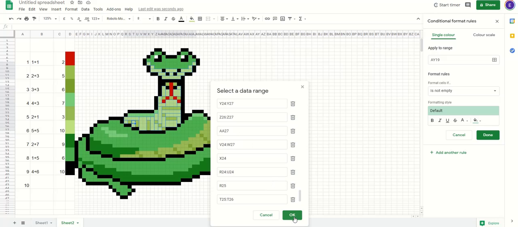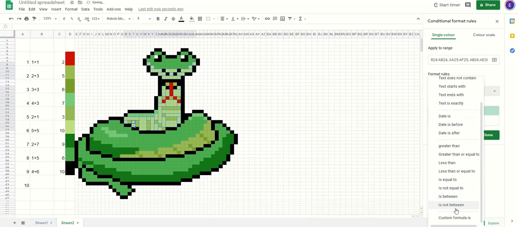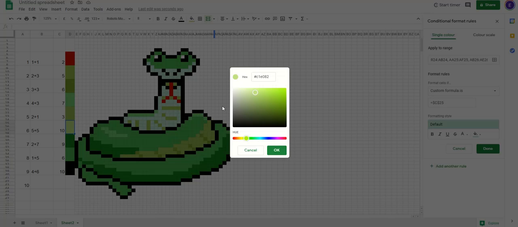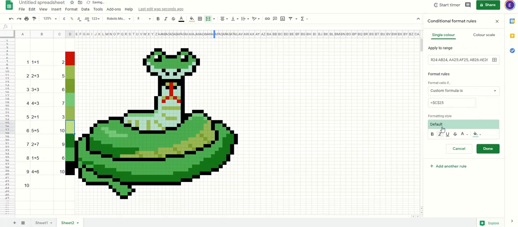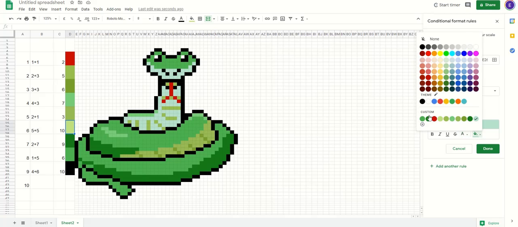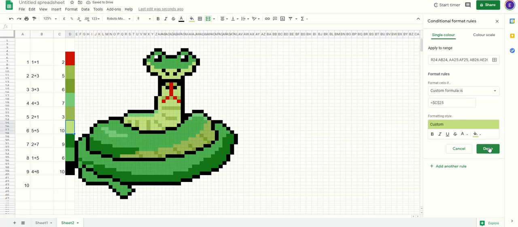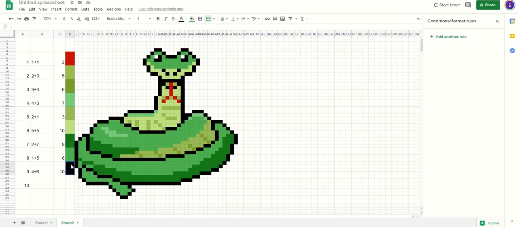Okay, so I think I've selected everything there. So, okay, and then we go for our custom formula. Equals $C, and that one is in C25. And we've forgotten what the colours are, so I'm just going to check that. And then paste that in. Be very careful, not like me, not to accidentally click the text colour. Okay, that one's done. Right, so we've got 3 more left, so we're going to do the kind of low